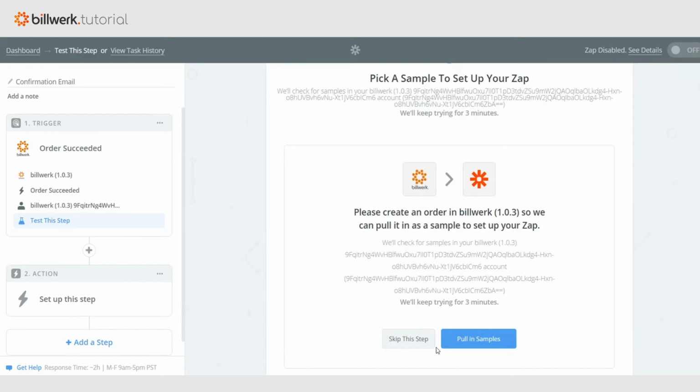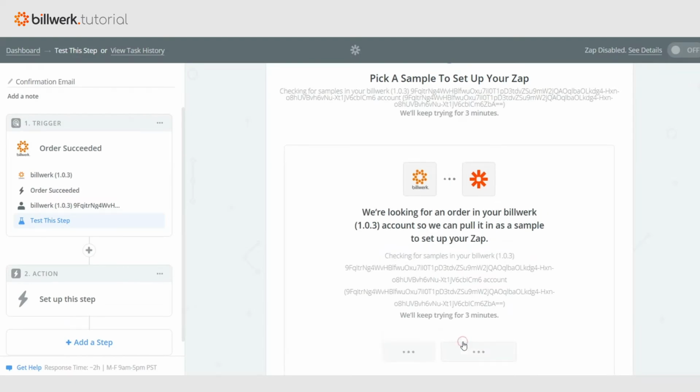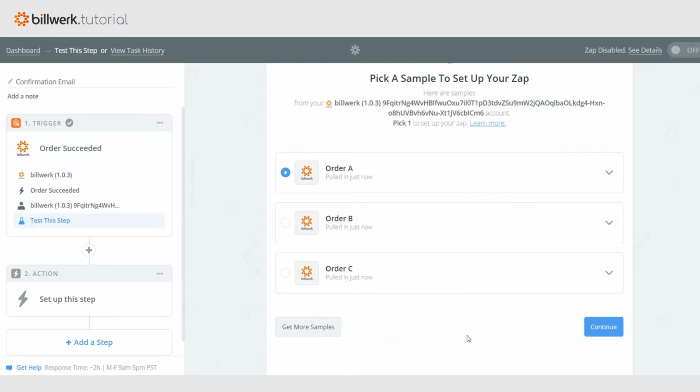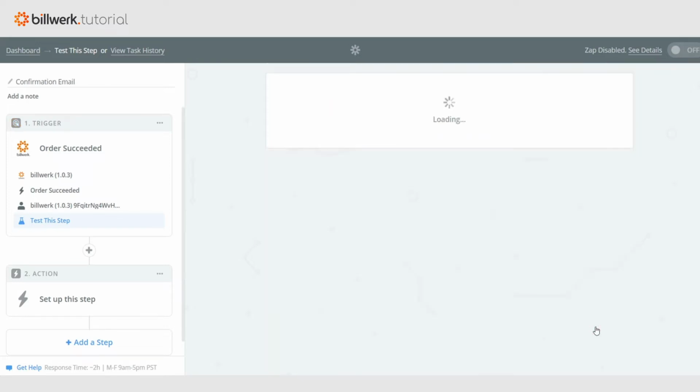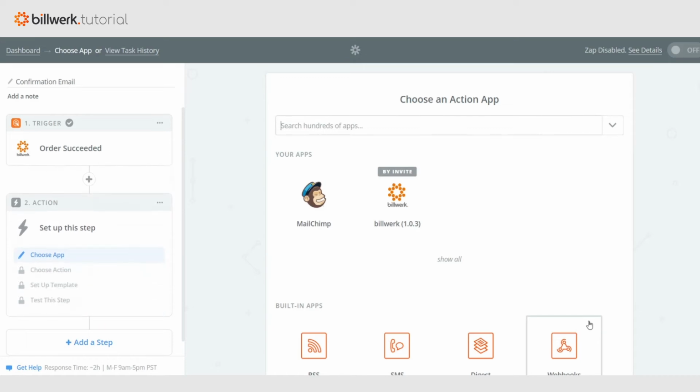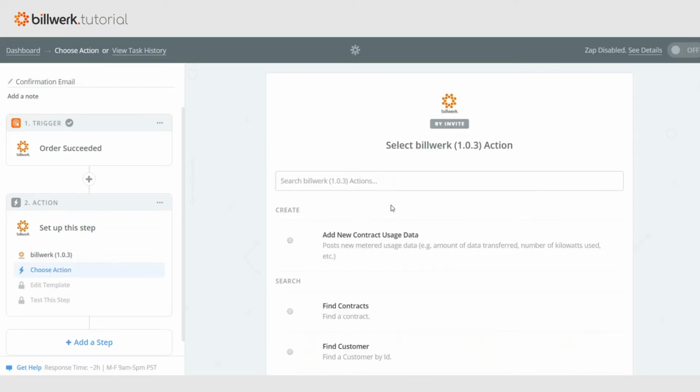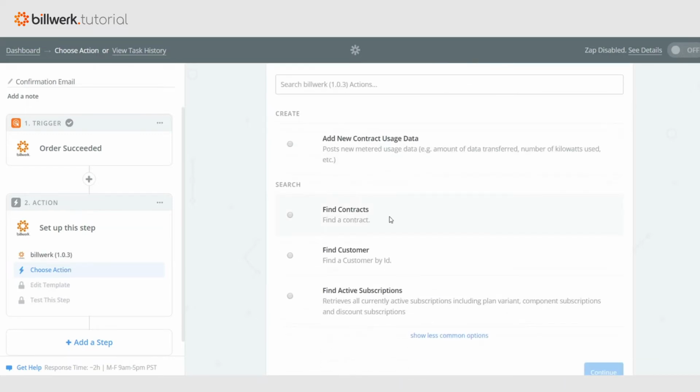Switch back to Zapier and press Pull in Samples. Press Continue, and our trigger was successfully tested. Now we select Billwerk again for our next step. Then we select Find Customer,